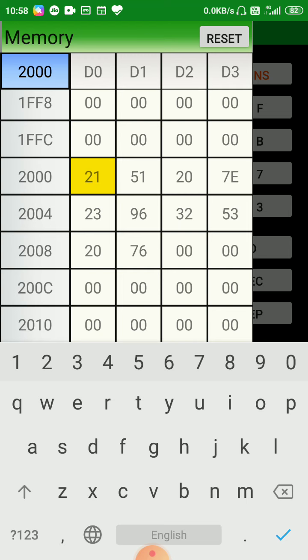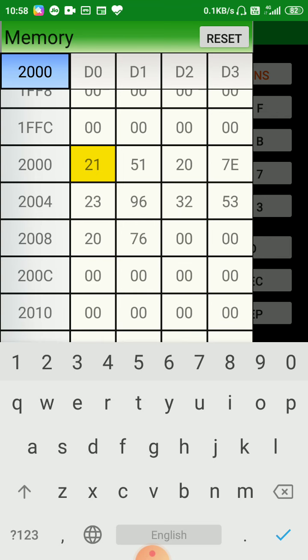Okay, like that you can see your operands and opcodes up to 2009, right? Last 76, that is the code for halt, HLT. So your program is starting from program address 2000 up to 2009.